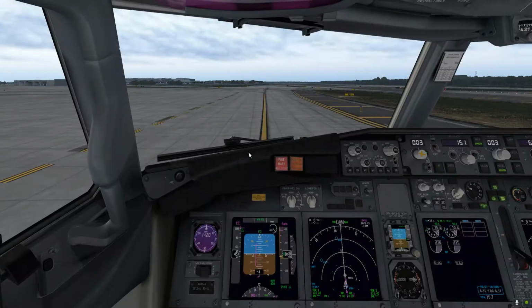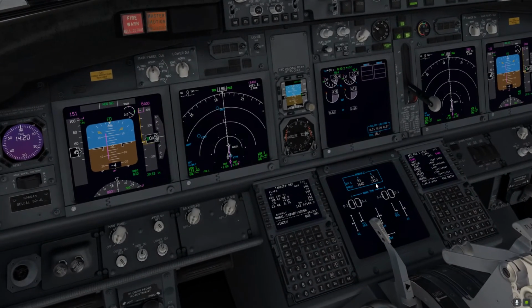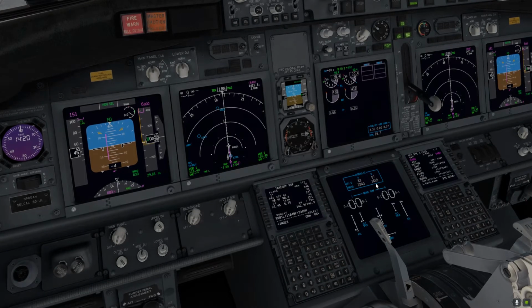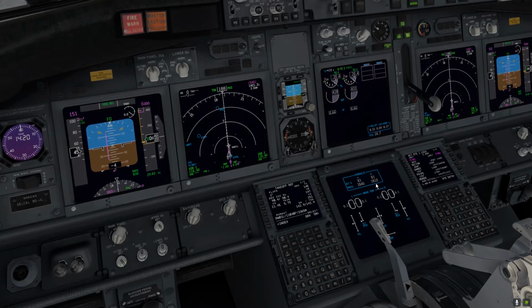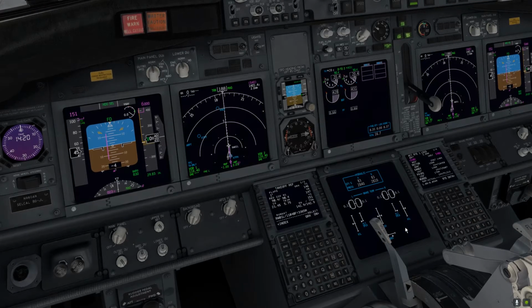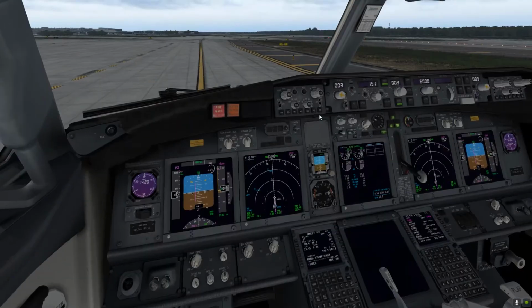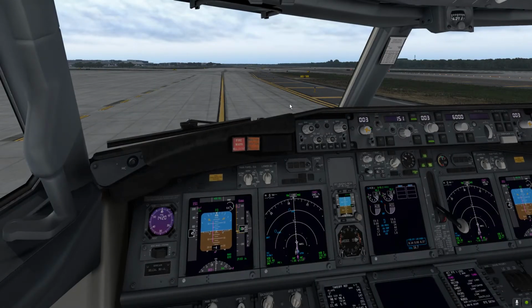Perfect. So let's go ahead and do some flight controls checks now. In this aircraft we have flight controls indication in the cockpit. In some other 737s these are options, so you actually have to potentially look outside at the ailerons or just feel everything in the control wheel, and then blank the lower display unit, and let's go ahead with the